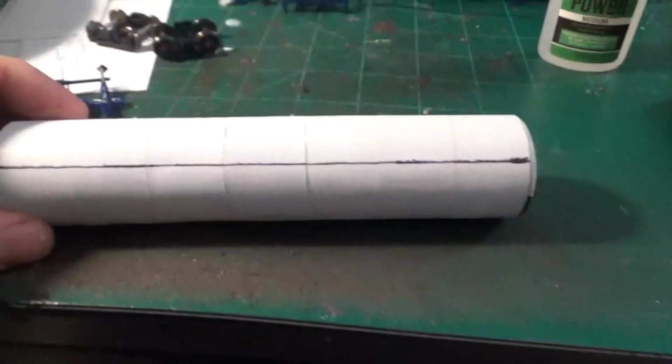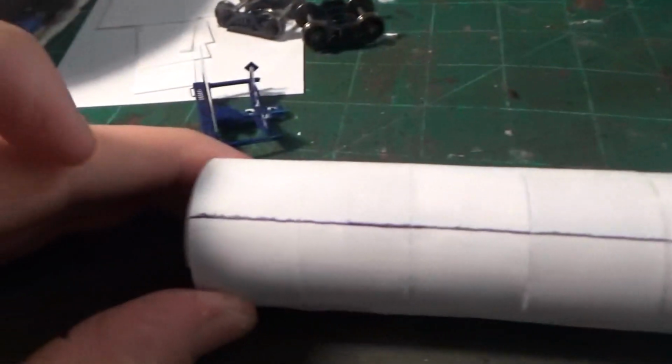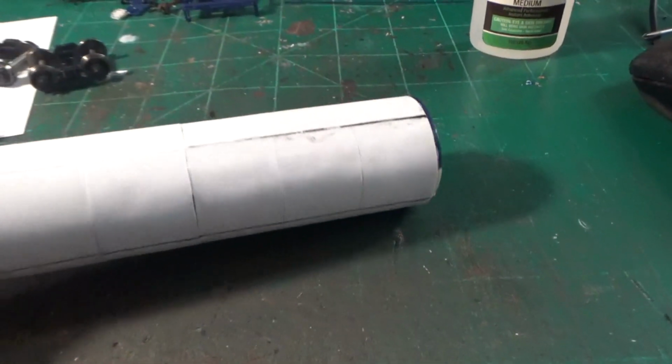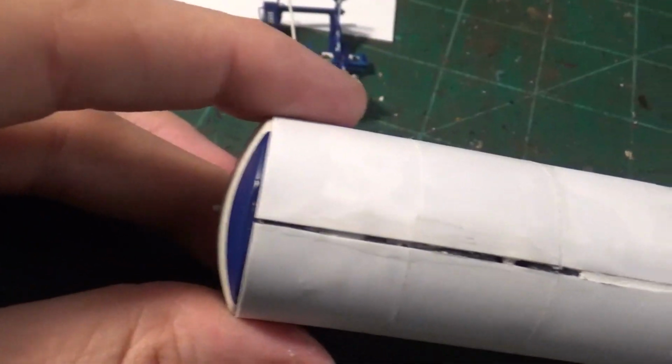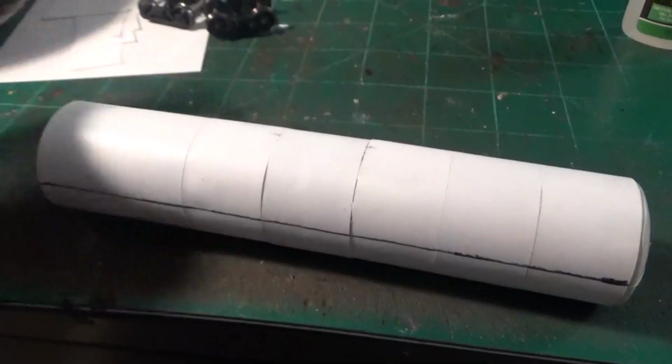And then to maintain our center line, I've taken a strip of tape between the end shields and drawn our line on there. That way we know the exact distance between the bottom, which is roughly in this area. I tried to line it up as best as I could, as straight as possible, because it's got to be straight when we put on our